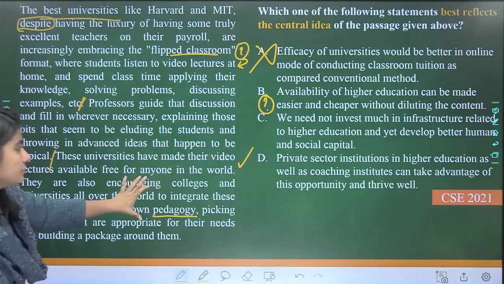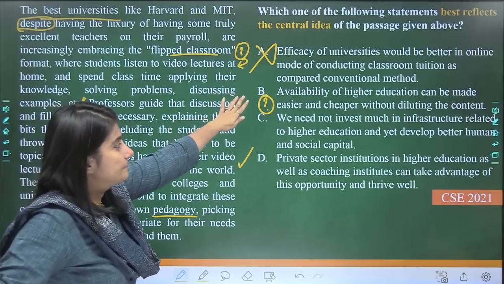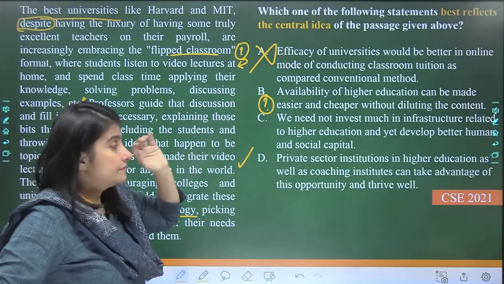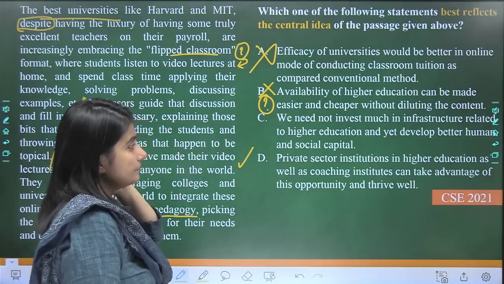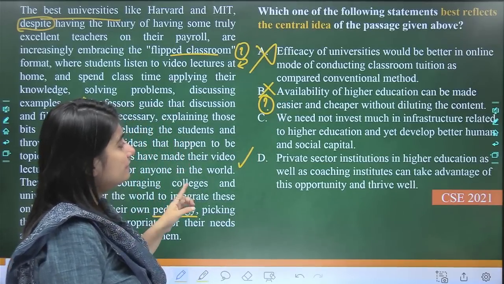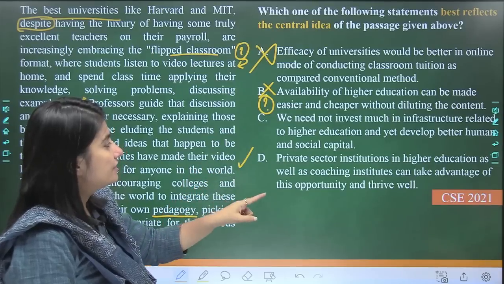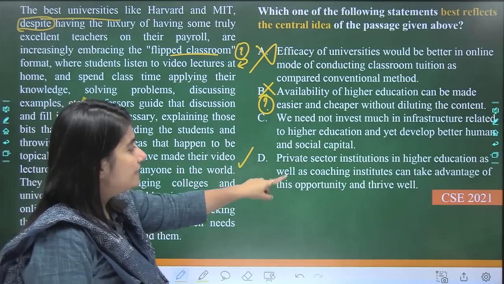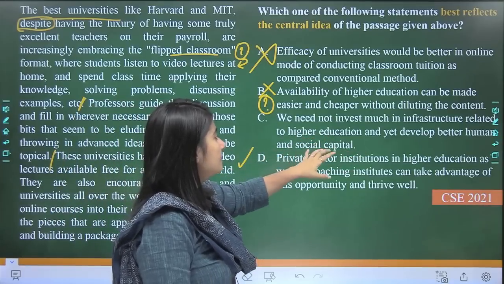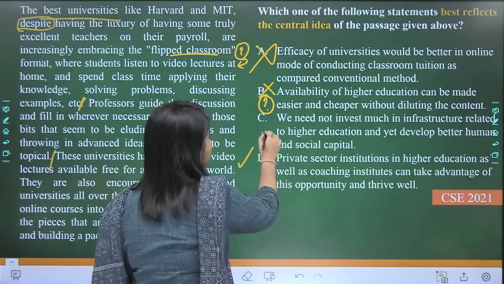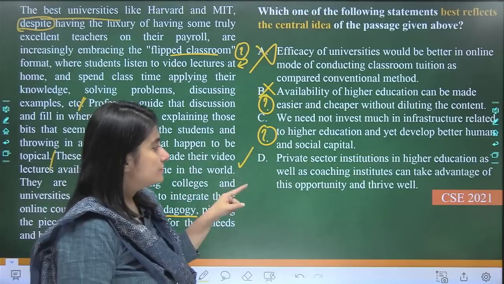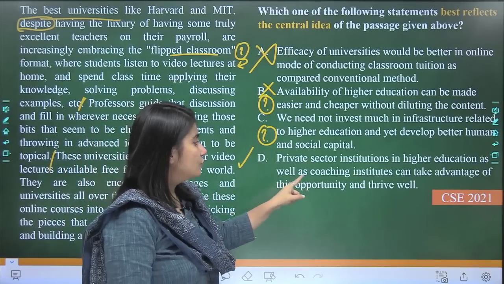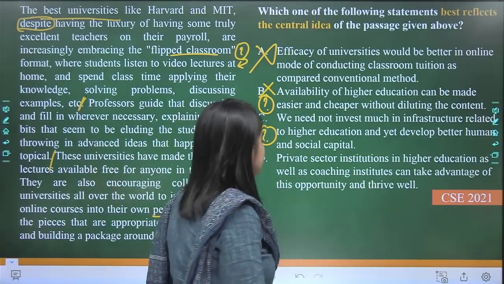This part, these two sentences, they make up this one, okay. So let's put a cross now, since you know. Now we need not invest much in infrastructure related to higher education and yet develop better human and social capital. We'll put a question mark here, by the way. And private sector institutions in higher education as well as coaching institutes can take advantage of this opportunity and thrive